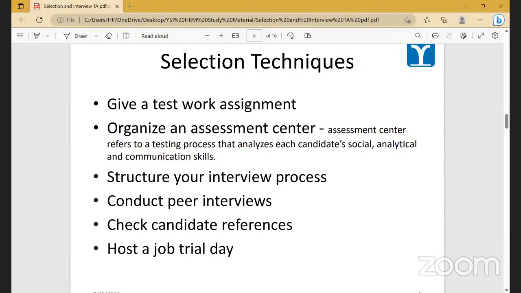Now, host a job trial day. Again a very popular method, and it can be utilized for people where you are not 100% sure, even after assessments and interviews, whether this person will really be able to perform the job or not. So what you can do is, if the candidate gives consent, you bring them to the job for a day, just for a day, and then you give them a trial